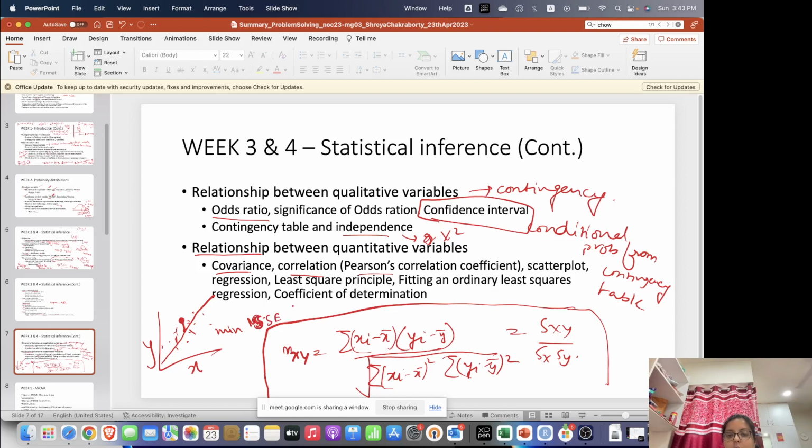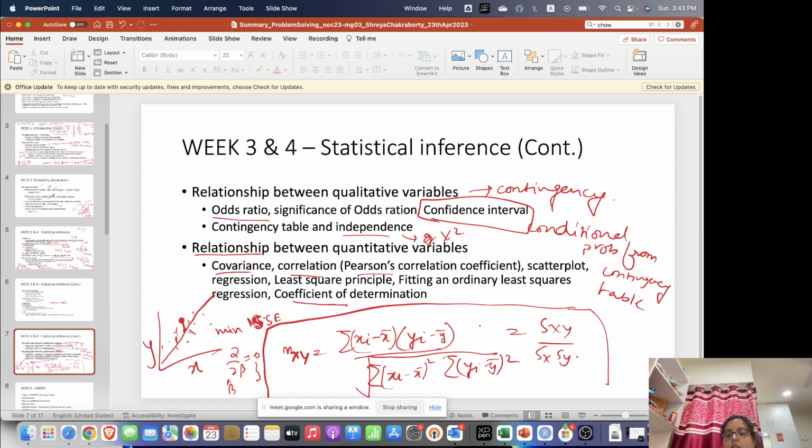In order to minimize that, if you remember how we do it, we partially differentiate in terms of the unknown parameters of the model, equate them to 0, and solve the system of equations to get the beta hat values. Okay,